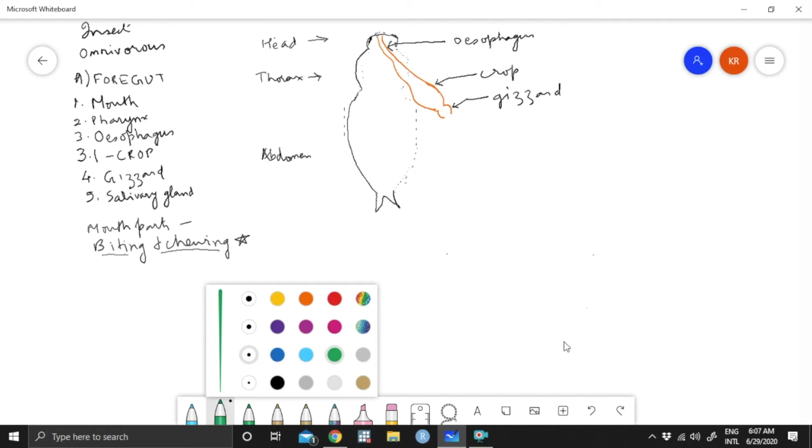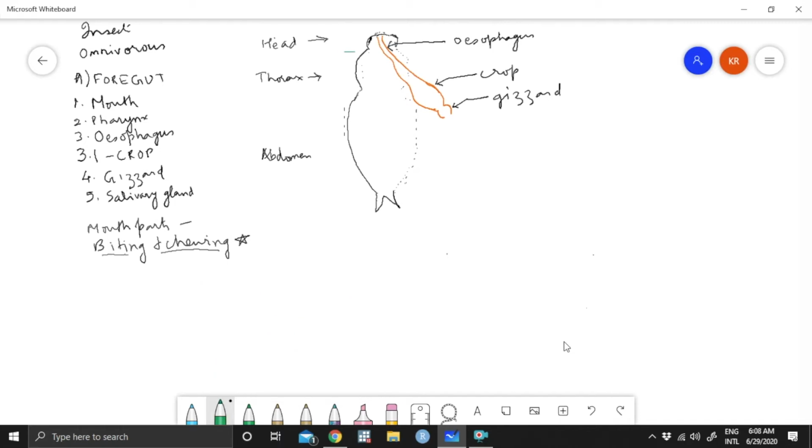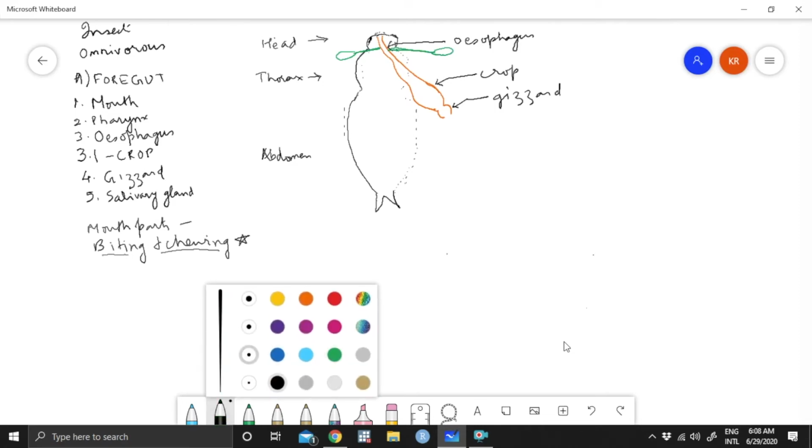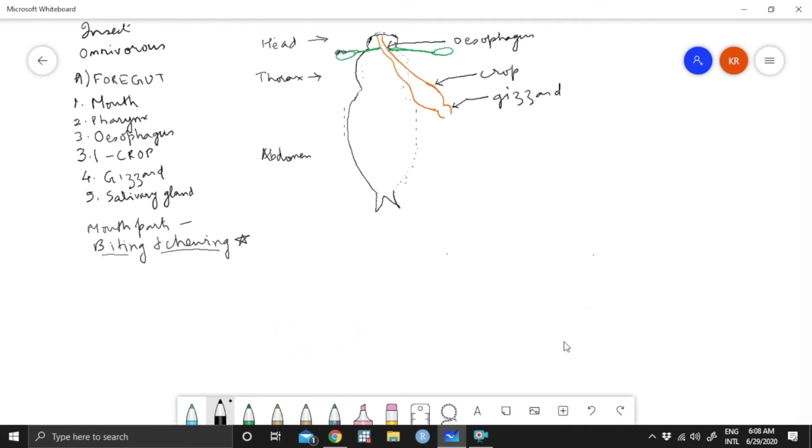So salivary glands, we will show one duct, and the duct is pouring into this region. This is actually a reservoir, the reservoir along with the duct. These are the glands. The glands also have their duct and they pour. So there is a common duct then. These are all the glands, and they pour over it.